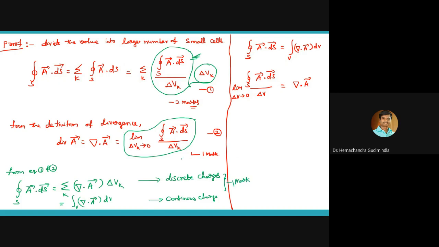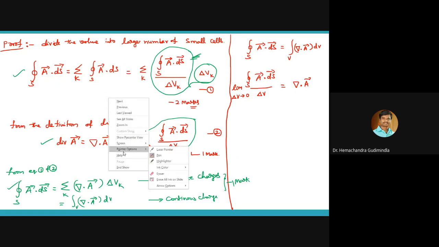So how many equations do we need to write in total? Equation 1, equation 2, equation number 3. Whether you write the theory or not is a different story, but if you write these equations, that is more than enough. Now I hope you understand these 3 equations.